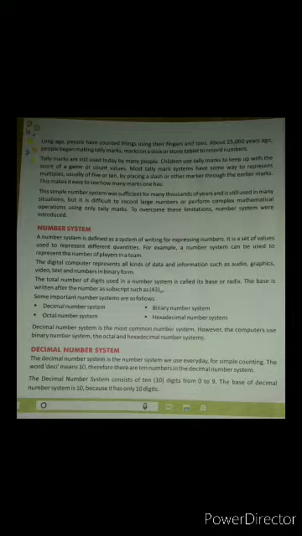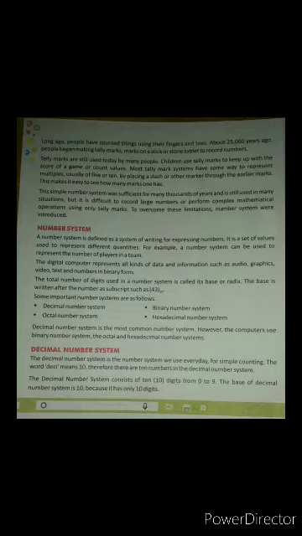A number system is defined as a system of writing for expressing numbers. So number system is nothing but expressing or showing the numbers we have counted. Suppose we have counted 3 or 4, how do we represent 4 in written form? So we have different number systems to write 4, in decimal numbers and then Roman numbers. Many number systems are there to write the numbers.